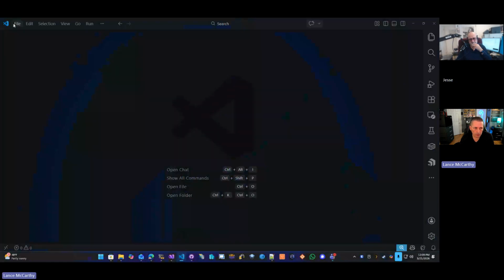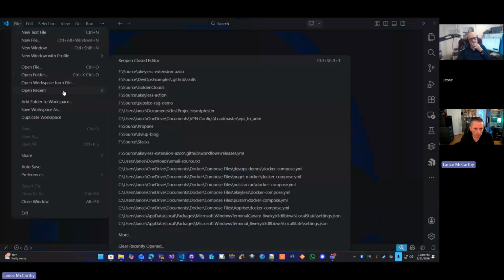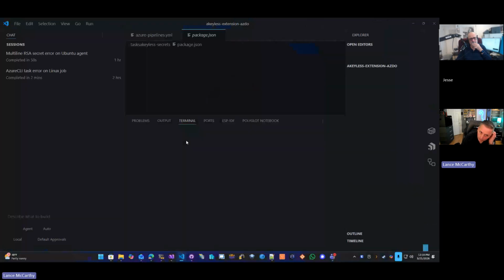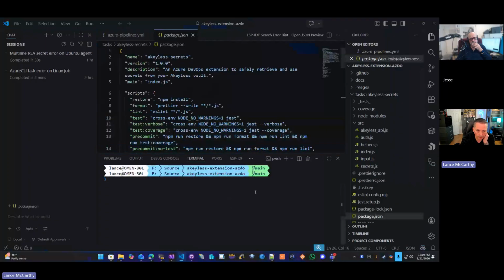You can do both. So let's try this, right? So I was working on my Azure extension earlier. I'm trying to solve a problem here, right? So I could open it here. So Copilot